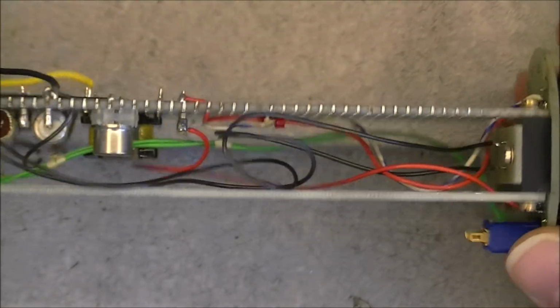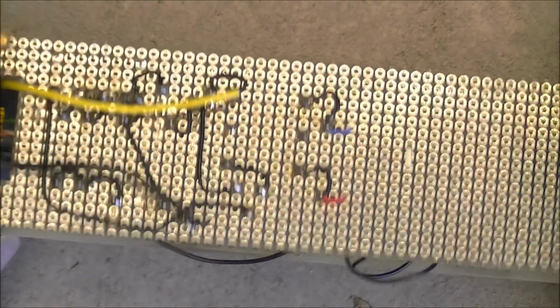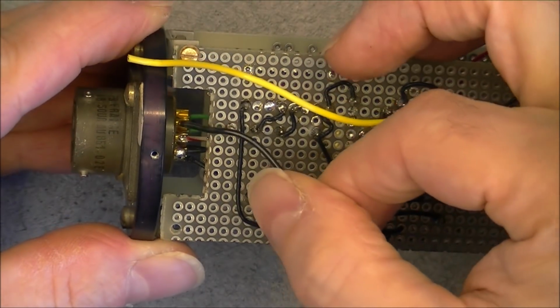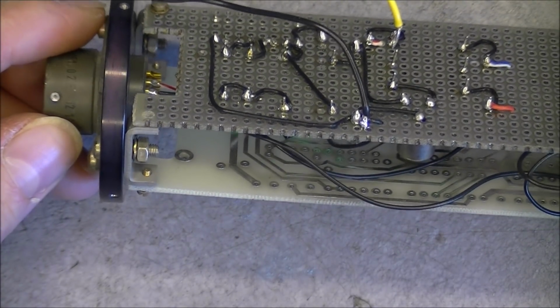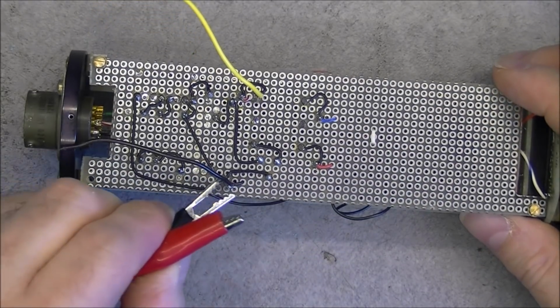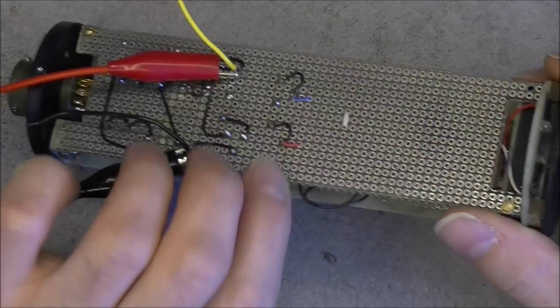So let me figure it out. Actually, we have a bunch of wires connected to the back. And it looks like they are here, the two wires going to the screw holes. I may modify it and wire it to the connector also because I have remaining pins. It looks like, yes, it is really weird, but it looks like this is some kind of a power supply input. So I will grab 5 volts from my power supply, excuse me, it is out of frame, and see what happens. I have black and yellow, so let's assume the black is negative and yellow is power supply, and